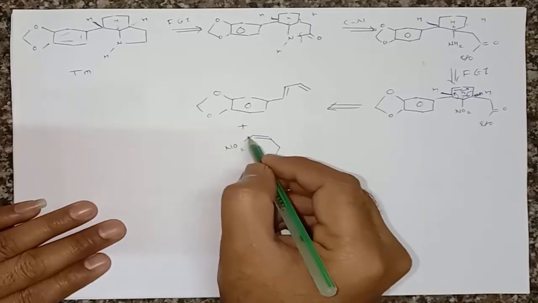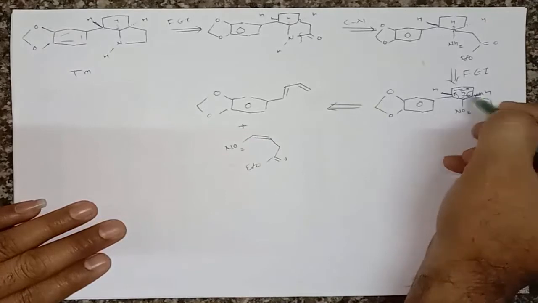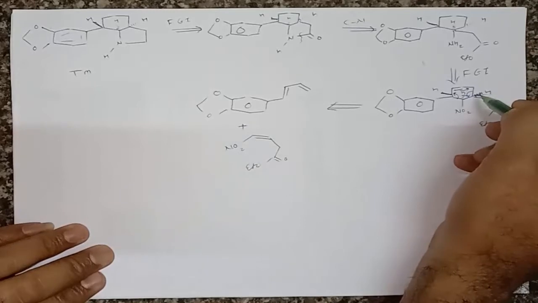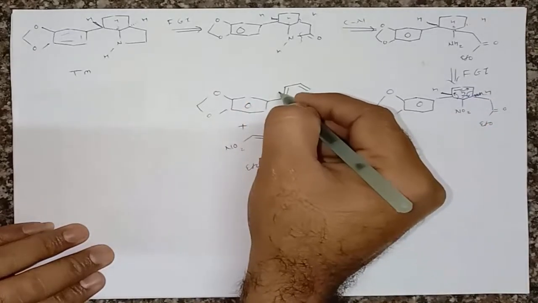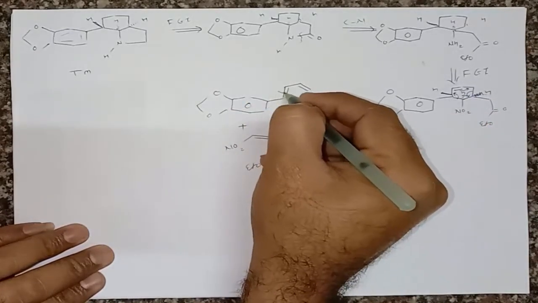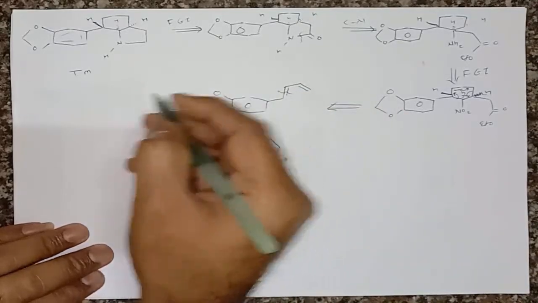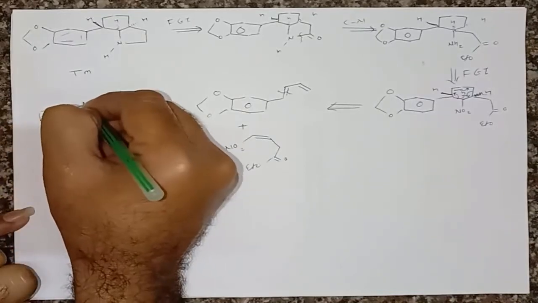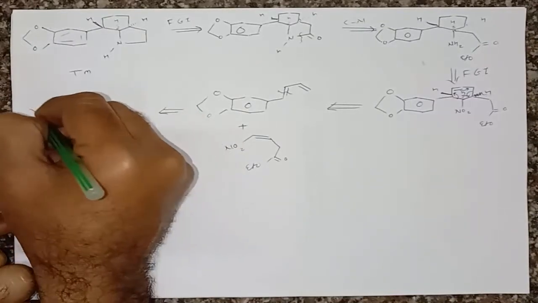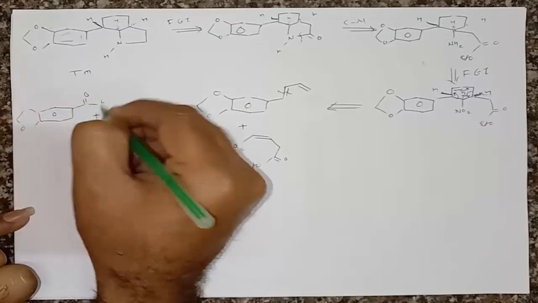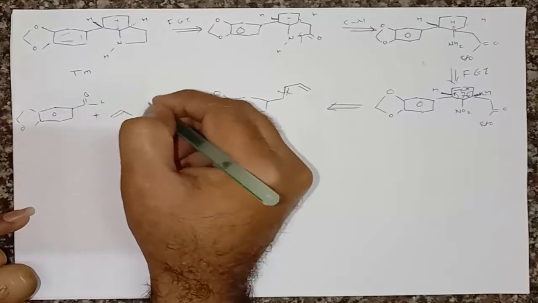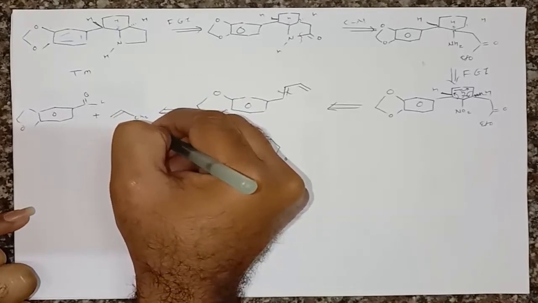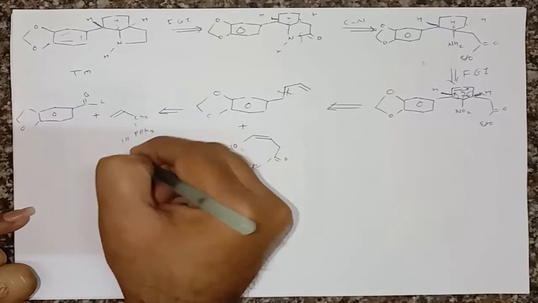So this bond must be cis, so that this hydrogen becomes cis, right? Otherwise if you take the trans compound, then this hydrogen will be trans, right? So here we can prepare this molecule simply by a Wittig reaction. That means if we break this bond at this position, what does it give? From one side it gives a carbonyl compound, right, in this way, plus along with it gives formation of an allyl triphenyl phosphine in this way, right,